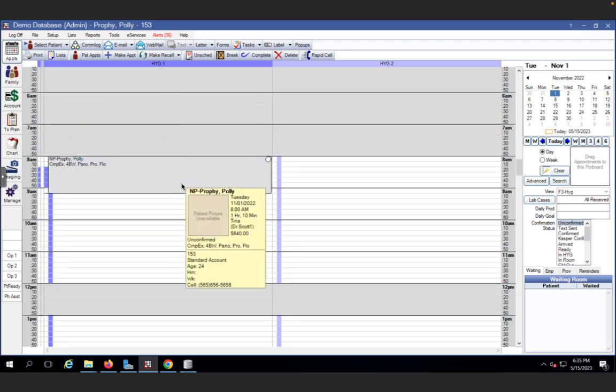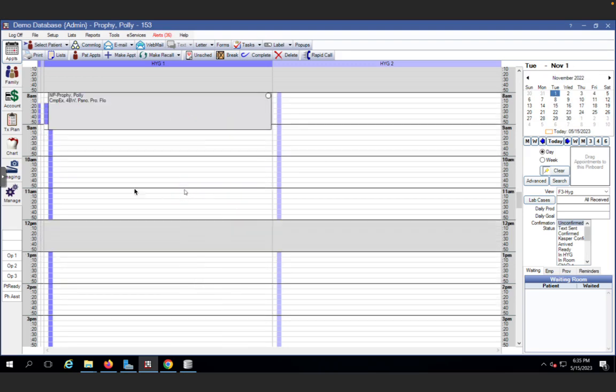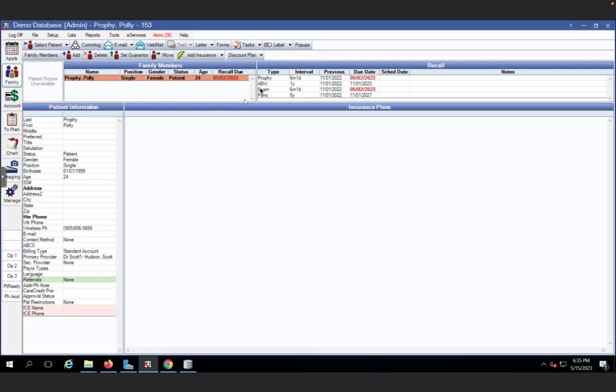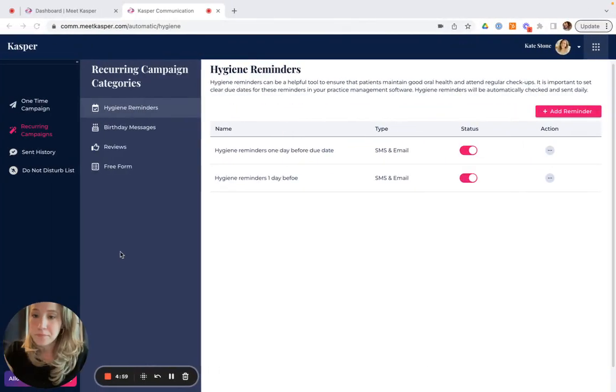She's already had her prophy done. It's been more than 6 months and it's been completed. So now that I'm in the Family tab, I can see prophy, she is past due. You're going to see that they're due in red. And then in Kasper,